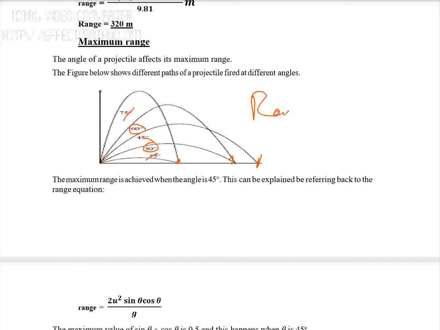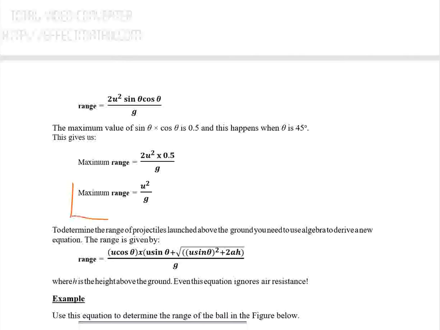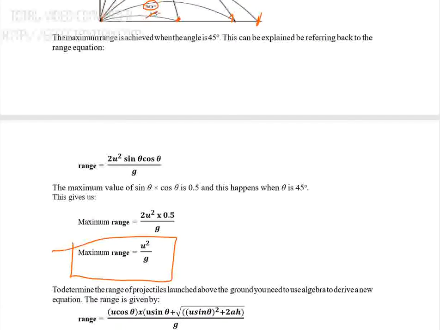Therefore, range is max when theta is equal to how much? 45 degree. In the equation you can derive, when you substitute 45 degree, you can finally get maximum range is equivalent to what? U square over g. The sine value or the cosine value is cancelled out. Therefore, we can get a maximum range is achieved when the angle is how much? 45 degree. And when angles are complementary angles, the range of the two angles